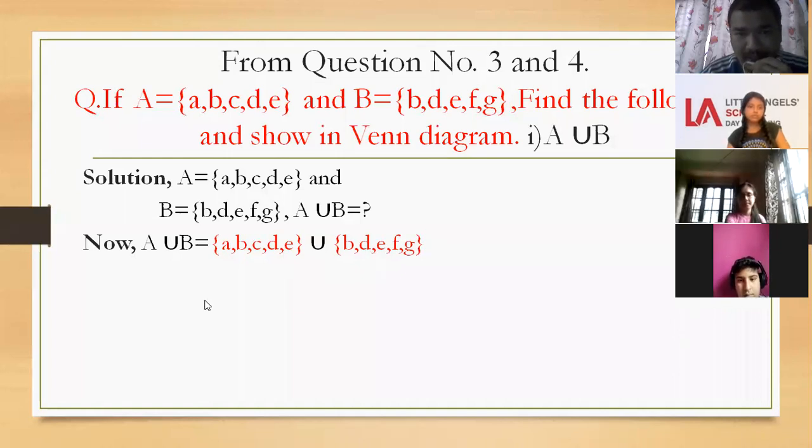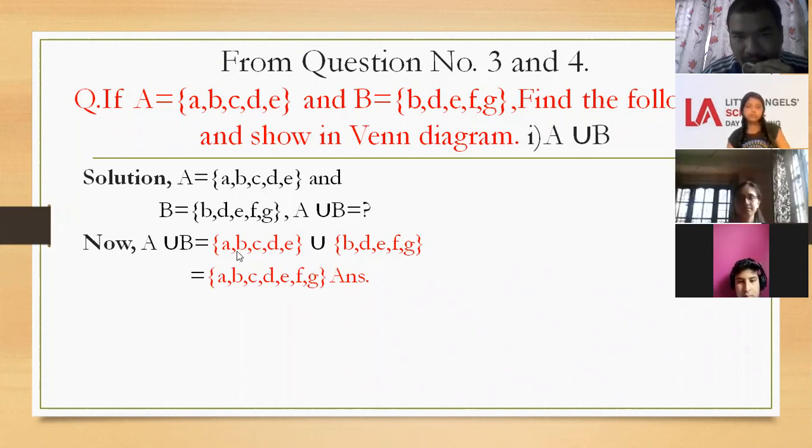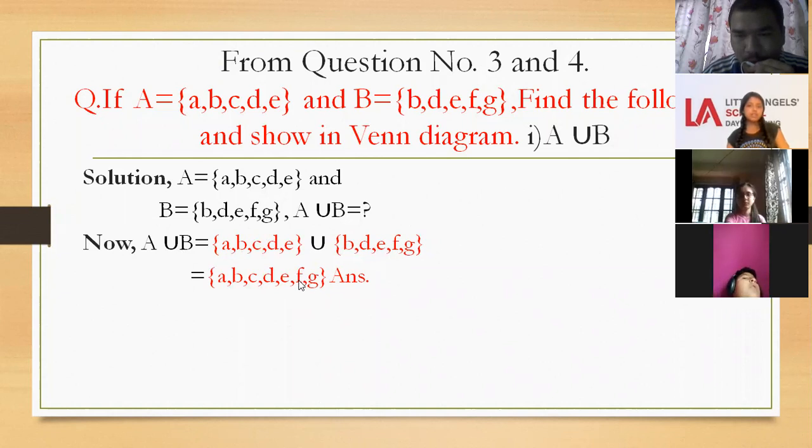In this question, first of all, write the given sets, like this: set A and set B. Then we have to write A union B equals what? We first write the elements of set A, then write the union symbol and then write the elements of set B. And when you find the union, union means what? When we find the union of these two sets, we have to write set A and set B together in one set. All the elements are written in only one curly bracket, and you have to always remember that in that case we should not repeat the same elements.